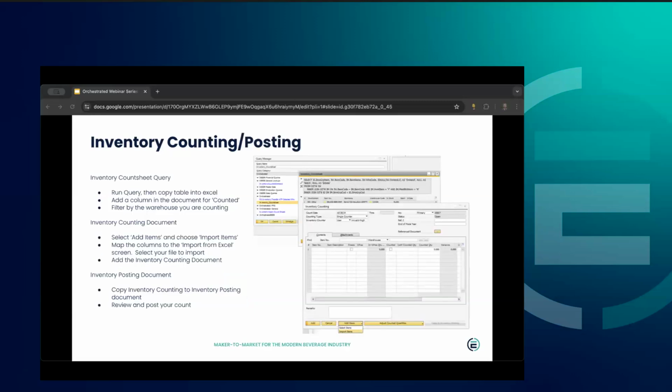So we have a process of inventory counting and posting that is pretty seamless and pretty easy to use. This is typically how we recommend executing inventory counting and posting in OBeer / OSpirits. Unless you have the mobile apps, it might be a different process than if you're currently using those. But I'll explain the process that we generally